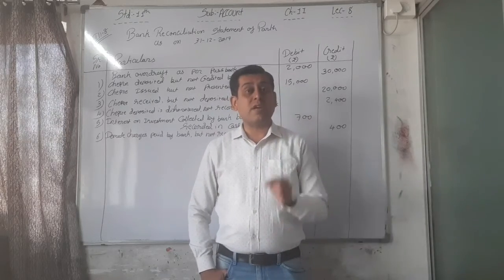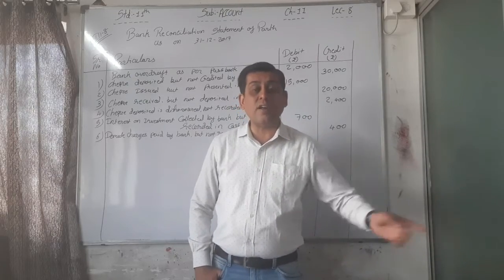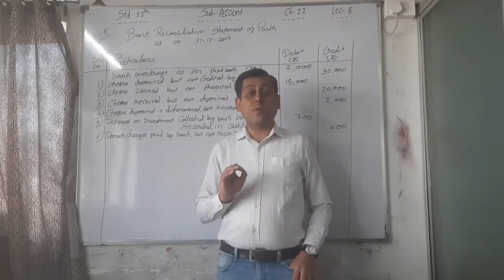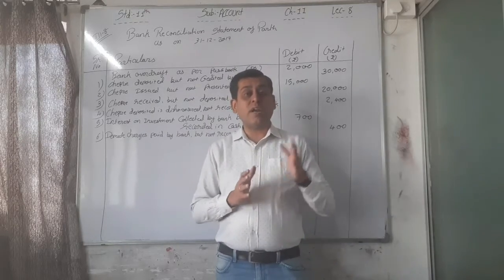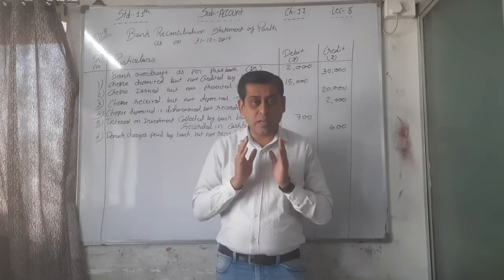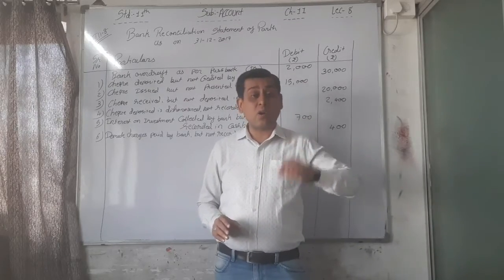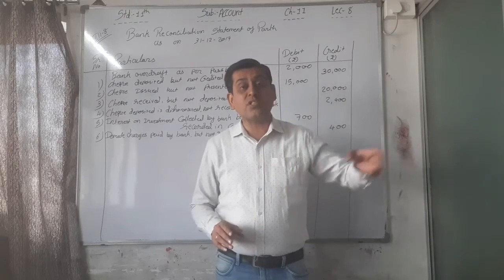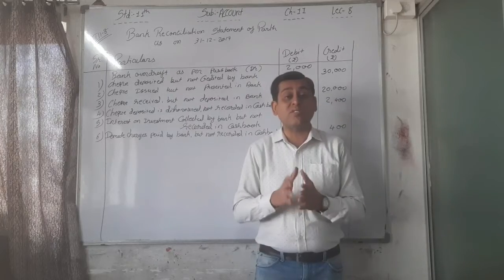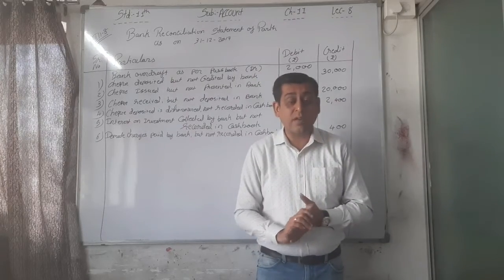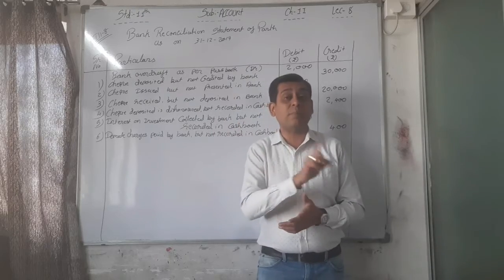But by mistake, here cash purchase is recorded on the payment side, that is on the credit side of the bank column. So this mistake is done by the trader. It is not recorded in the cash book, nor in the passbook, because this is not a bank transaction. This one is a cash transaction, right? So cash transactions are always recorded in the cash account, not in the bank account.